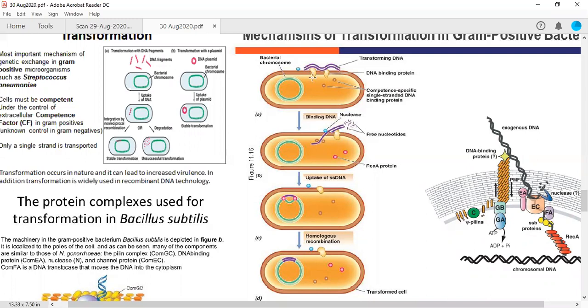Then there are other sets of enzymes and proteins which help them in moving from the surrounding into the bacterial cell cytoplasm. You are able to note that there are two strands, but when it is moving inside, there is only one strand. The other strand is actually degraded. This degradation of the second strand is performed by some exonucleases which are present in the plasma membrane, as I will show you in the next diagram. So ultimately, one strand of DNA will be inside the cytoplasm of the bacterial cell, and it will be integrated by homologous recombination into the bacterial chromosome.